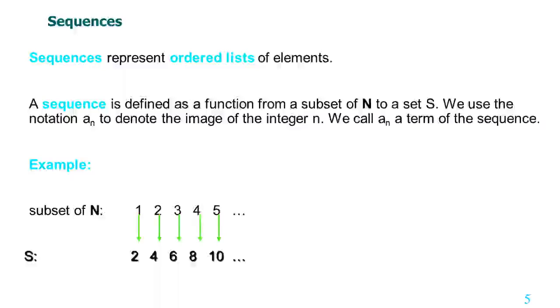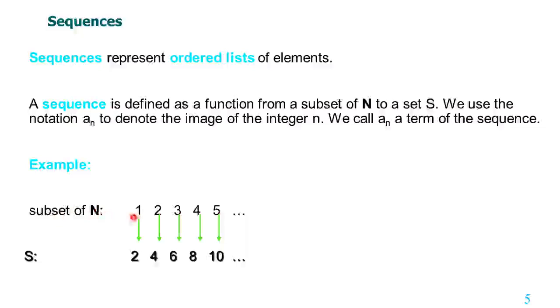For example, S consists of the even integers 2, 4, 6, 8, 10, etc. and it has a natural number correspondence. For example, 1, 2, 3, 4, 5. 1 corresponds to 2, 2 corresponds to 4, and so on.